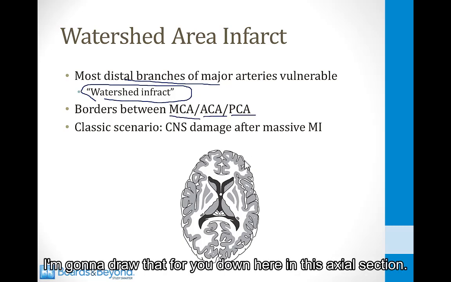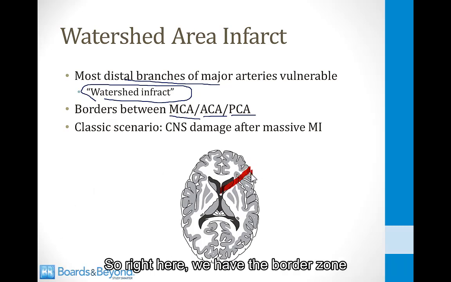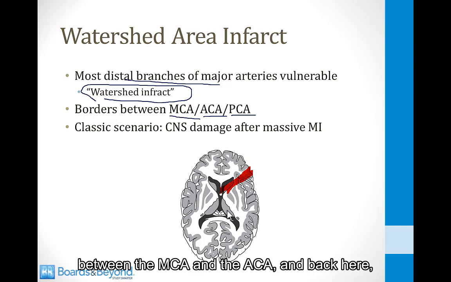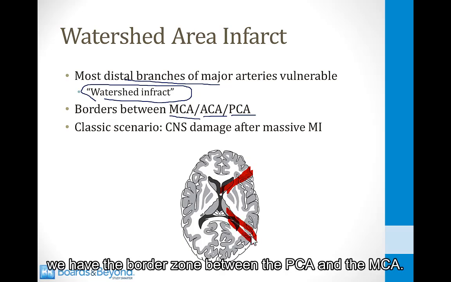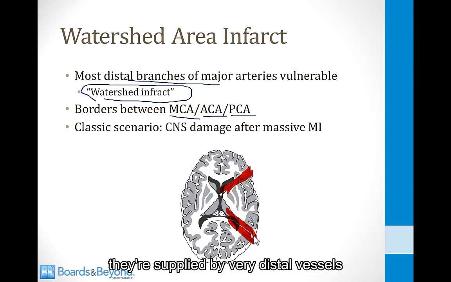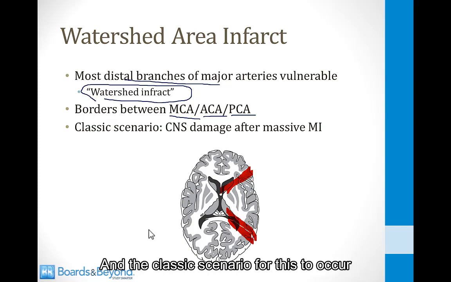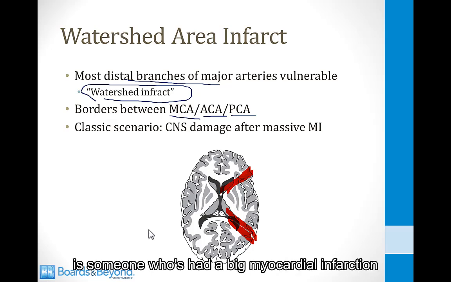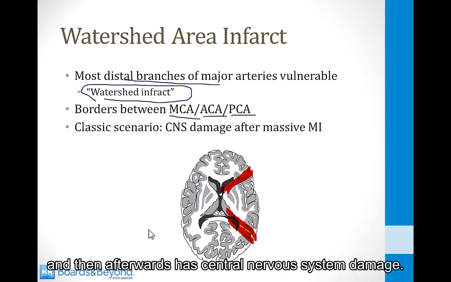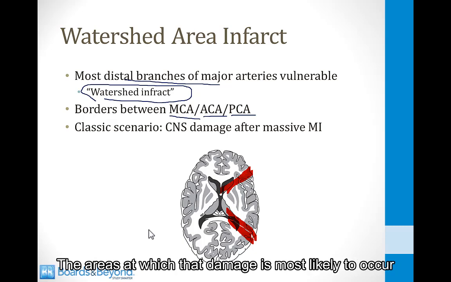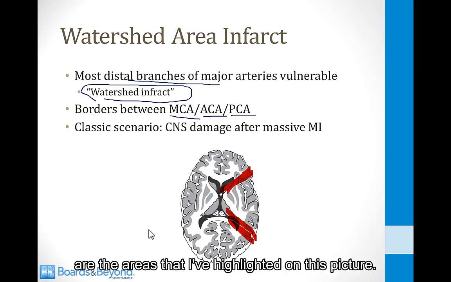And I'm going to draw that for you down here in this axial section. So right here we have the border zone between the MCA and the ACA, and back here we have the border zone between the PCA and the MCA, and because these are border zones, they're supplied by very distal vessels, and they're the most vulnerable to ischemia. And the classic scenario for this to occur is someone who's had a big myocardial infarction and then afterwards has central nervous system damage. The areas at which that damage is most likely to occur are the areas I've highlighted